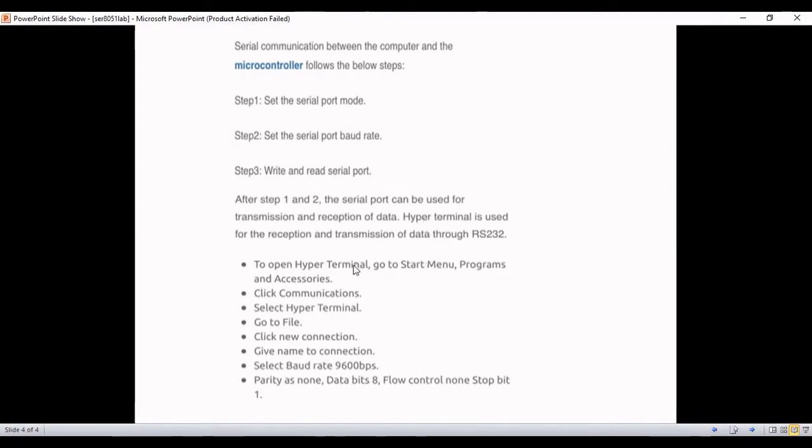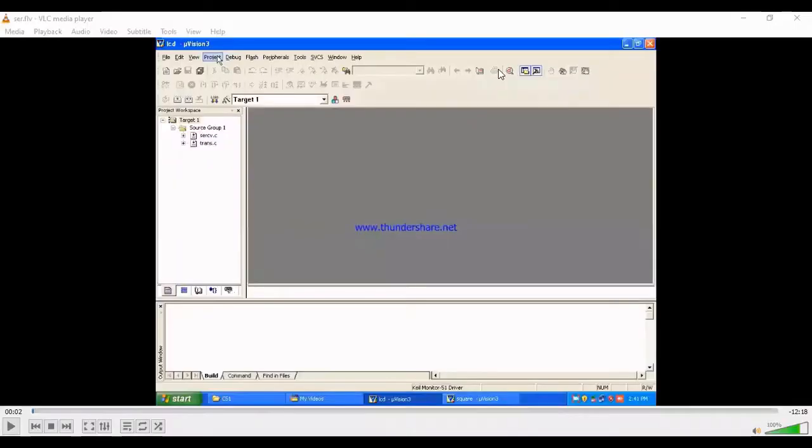To see on the hyper terminal, these are the steps we have to follow, which will be shown through a video. So this is the project. Open the project, add the two transmit and receive programs which are shown here, add them to the target.